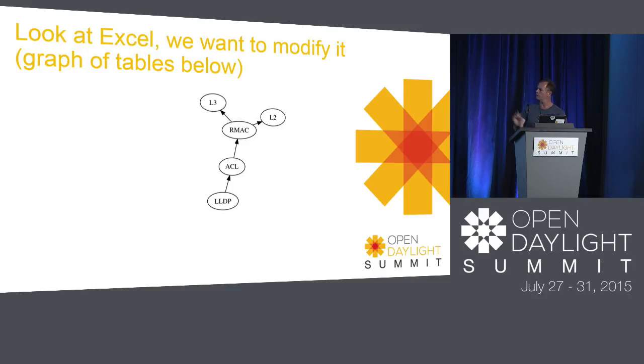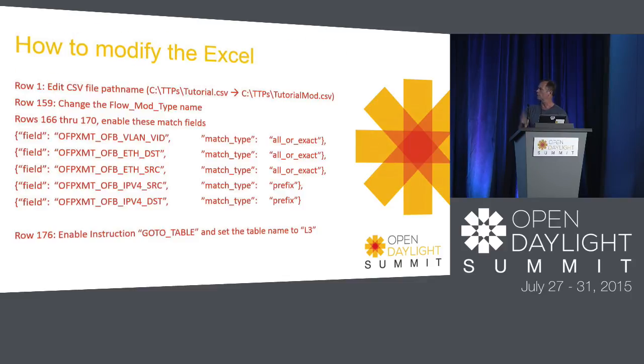The thing I was proposing is that I want to have a path that goes from the ACL table directly to the L3 routing table. So that's what we're going to be adding today, and these are the mods that we're going to make. I can leave this on the screen in case you get the Excel file and want to make the edits yourself, and just pulling that up